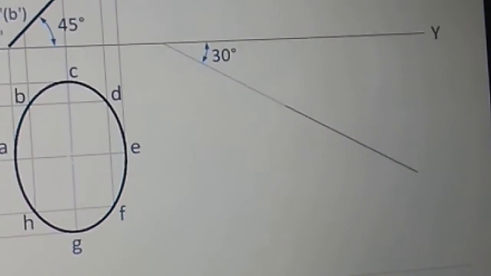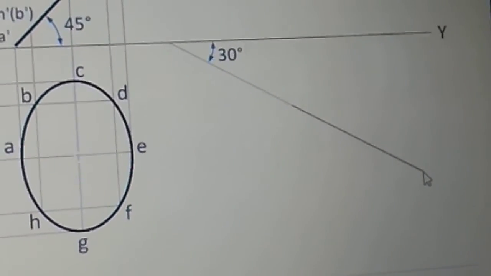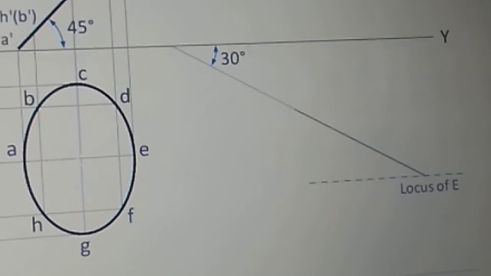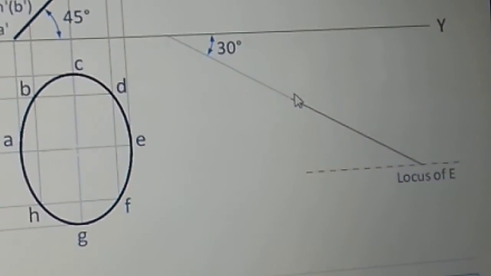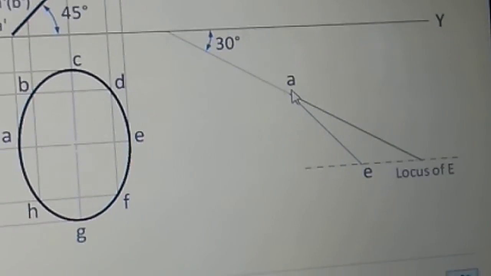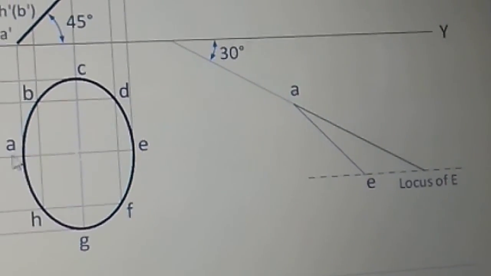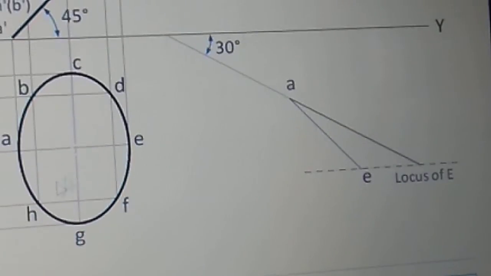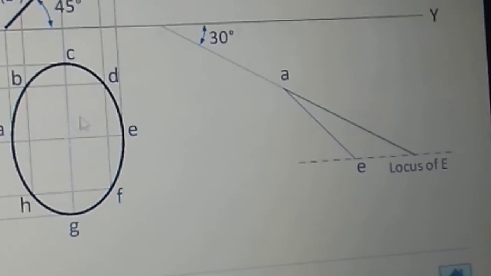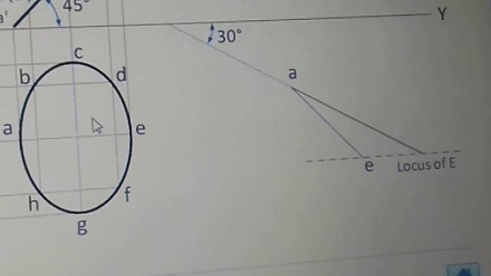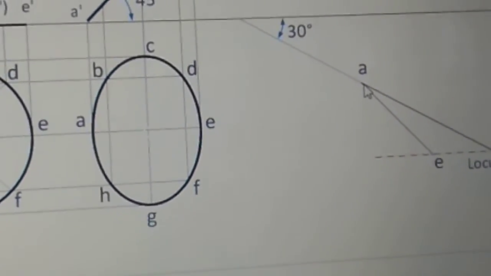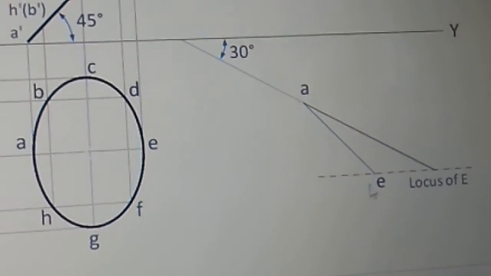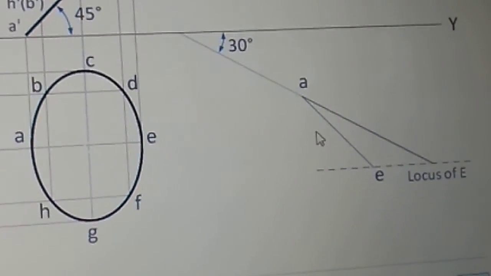At the extreme end of this line, you draw a horizontal line that is parallel to XY. We call it the locus of E. So this point is called point A. Then you take the length of AE as the apparent length, which in the ellipse is the minor axis, and this CG is the major axis. You take this AE with the help of a compass, A as the center, draw the arc, and it cuts here. This is exactly equal to the minor axis of this ellipse, AE.